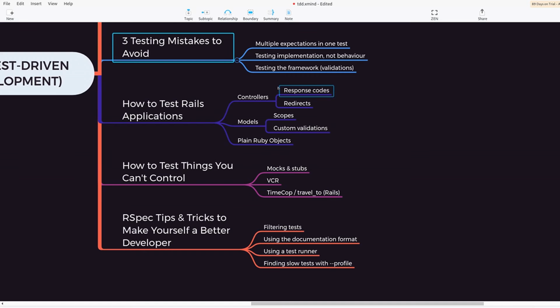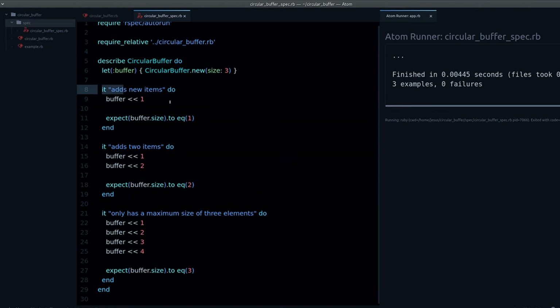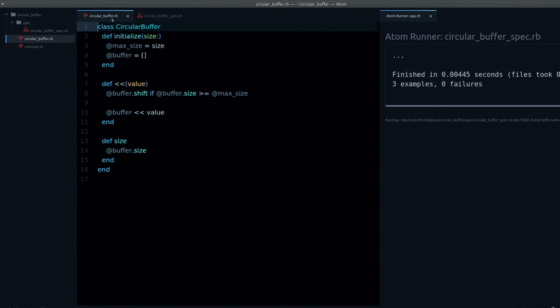So let's go back to our mind map. Next testing mistake to avoid is, well, the mistake is testing implementation instead of behavior. Testing implementation instead of behavior. What do I mean by that? Well, let me show you. So in this code,